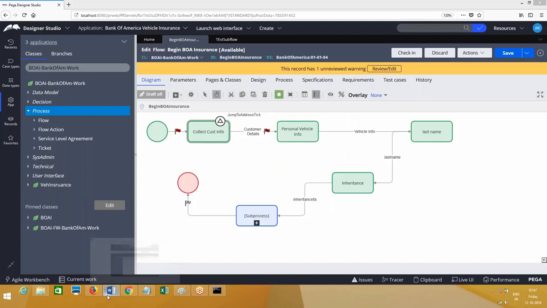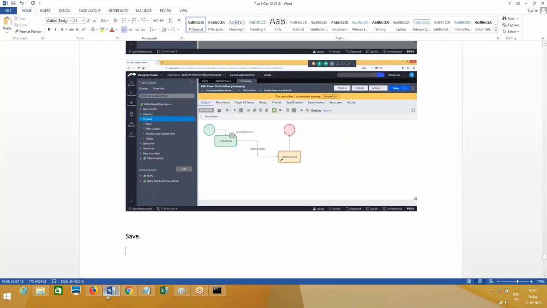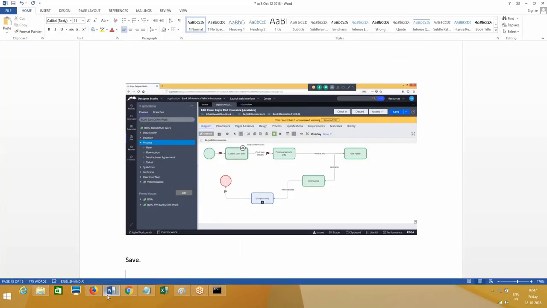So if you look at here, now the ticket is being set in subflow, and the ticket is being again called in process flow. Either it is backward or forward.